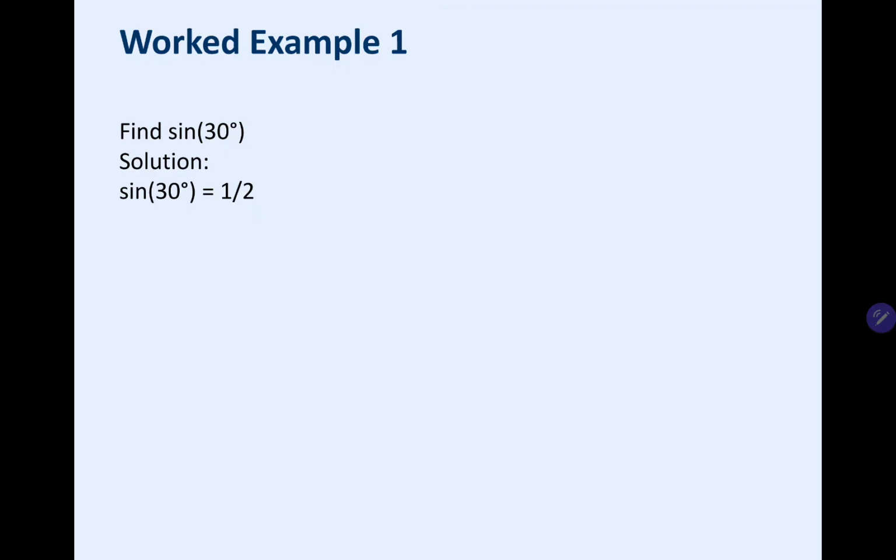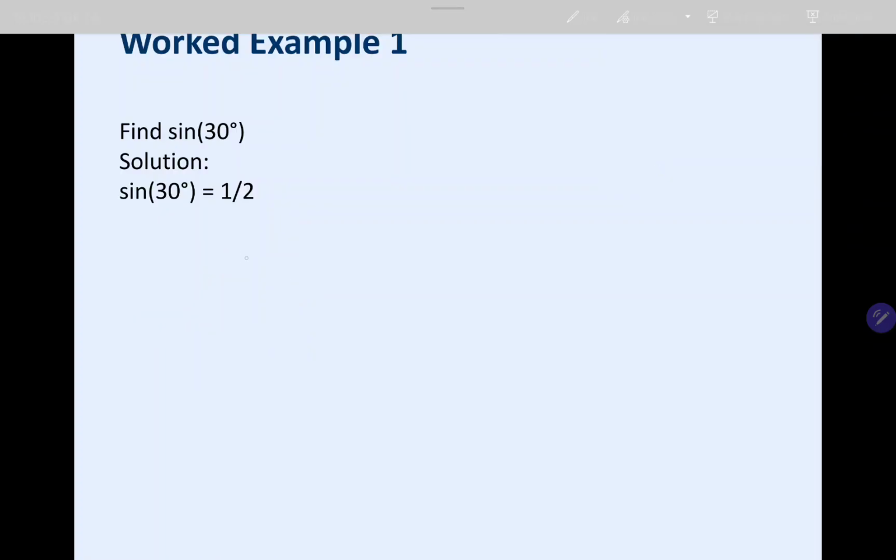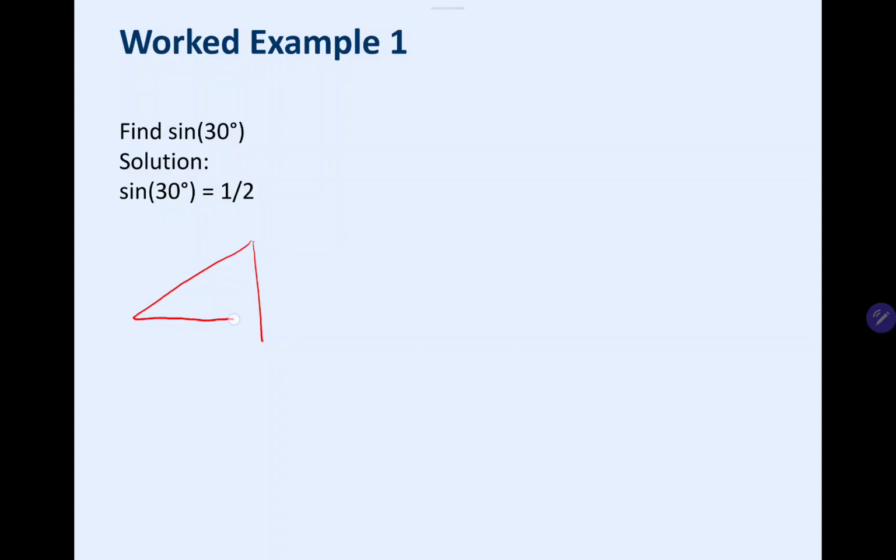Now, if we have a right triangle with two sides, 5 and 3, and we are told to find all sides of the triangle and the 6 trigonometric functions, this is how we're going to do it. First of all, we say that SOHCAHTOA,